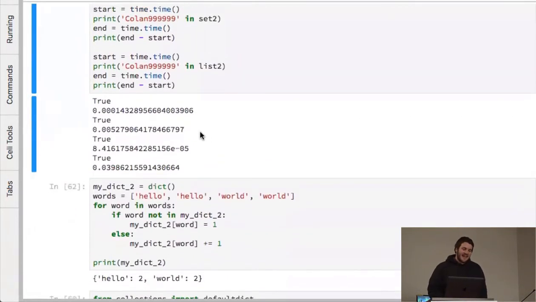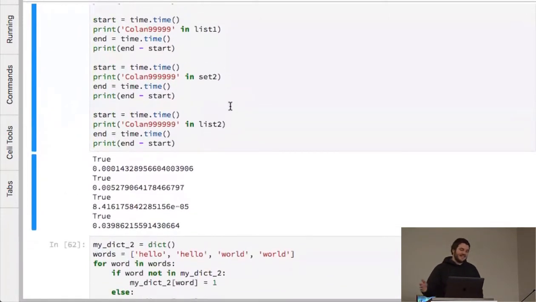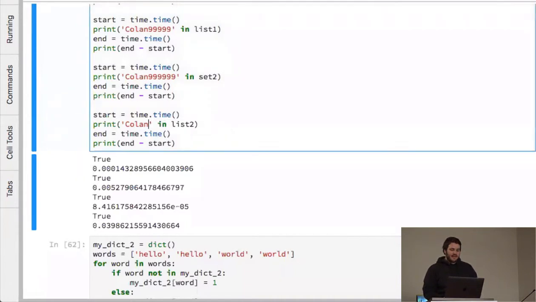So you can see that's why sets are more efficient, because it goes directly to the item, whereas with a list, it literally has to go through all of those items to make sure that it's in the list or not. So if I just do the first item, which is here,